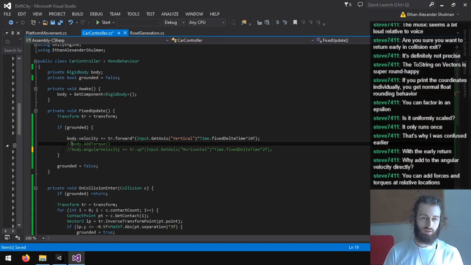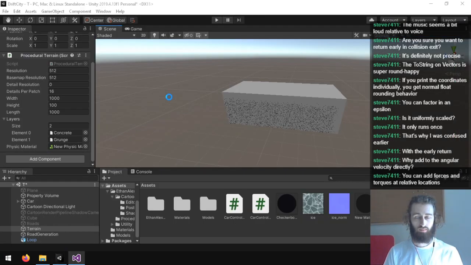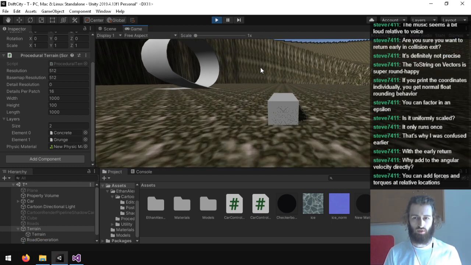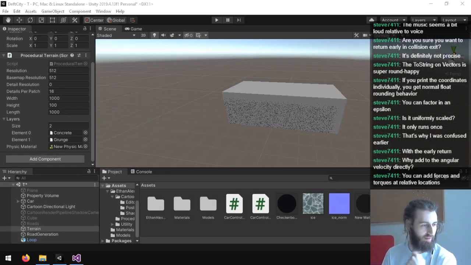Alright, let's see what torque looks like. I think I can do the same thing here, but apply the right. Okay, so torque is not doing anything. Oh, it has a force mode.